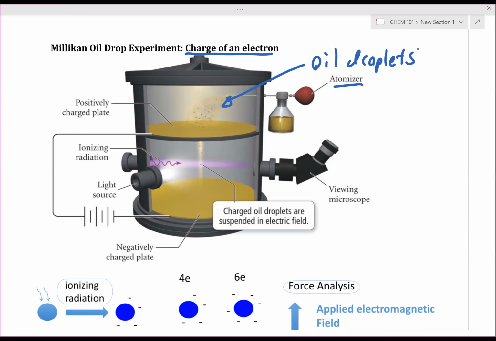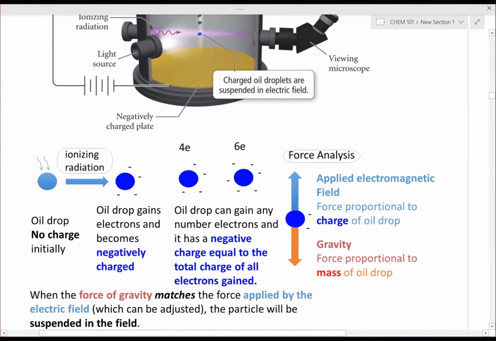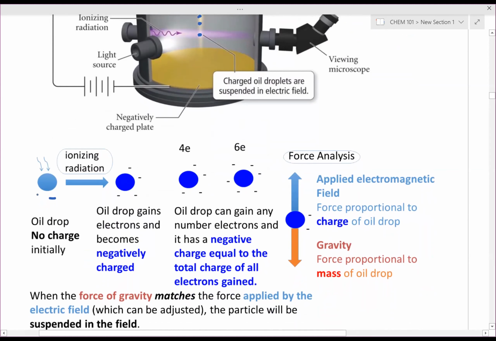What we're going to do is pass the oil droplets through a tiny little slit, so we only have a small collimated line of oil drops. From gravity, they're going to fall towards the bottom of this setup. And we're going to take these oil droplets and expose them to ionizing radiation. So we're going to take our oil drop, which is neutral, and expose it